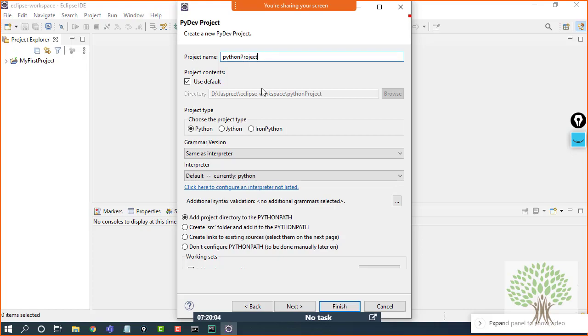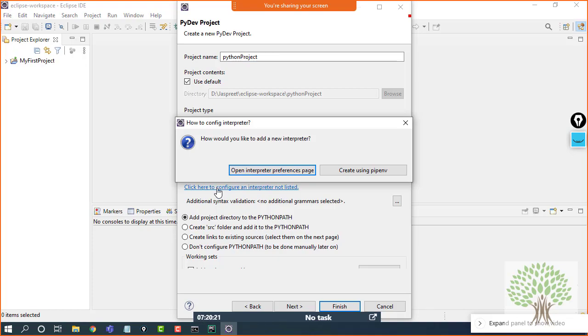Now over here, if you're making your first Python project, it's going to ask you to set the interpreter, because by default the interpreter will not be set, so you have to click on this link. While installing Python, if you have checked the checkbox, you will get an option of config first in path. Just click on that.